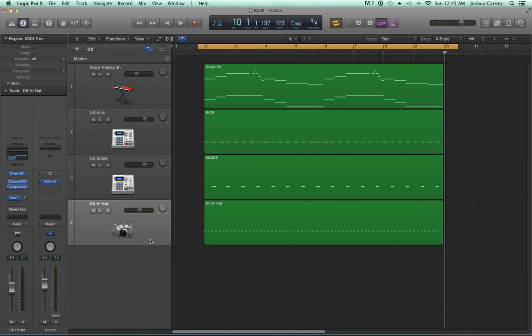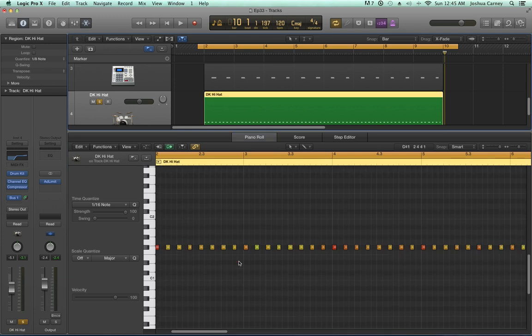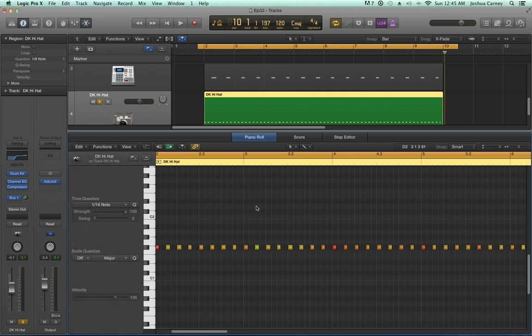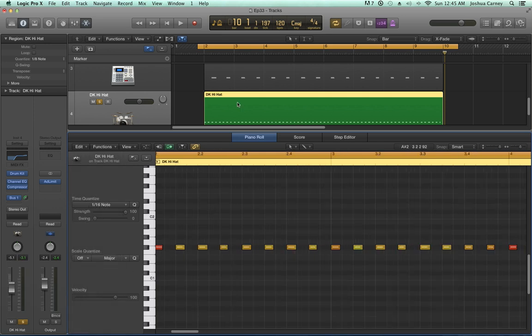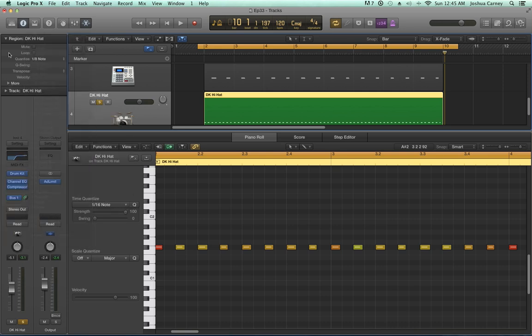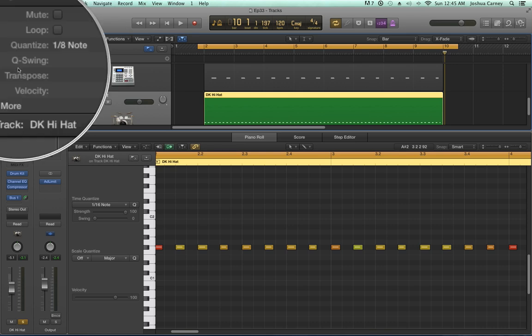So the next thing I want to show you is how to use swing quantization with region-based quantization. In the previous video, I showed you how you can take a standard straight eighth note pattern like this, and you can quantize to either a 16th note swing or an eighth note swing value. And these are all fixed values between A and F. The advantage of using region-based quantization for swing is that first, yes, you can still access those same fixed swing values, but there's an additional Q swing parameter that allows you to choose any swing percentage you want, basically between